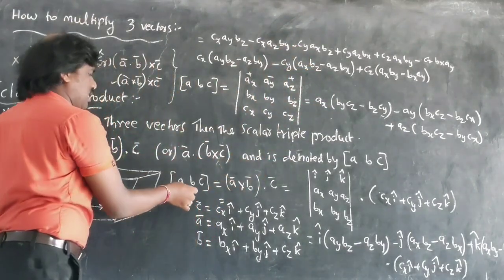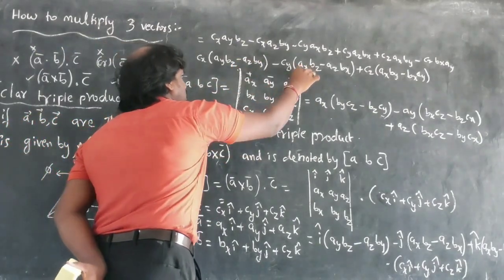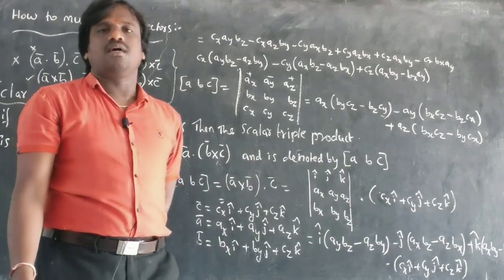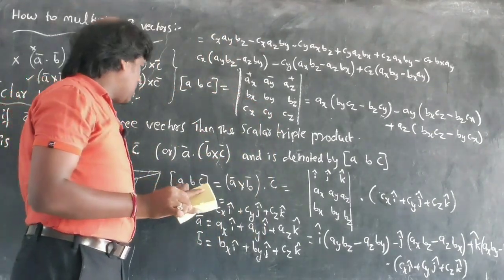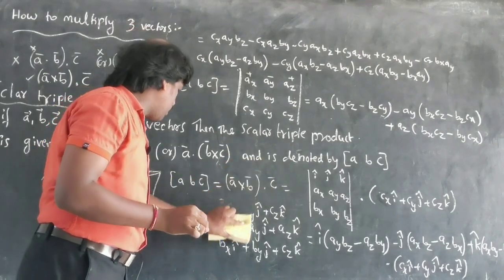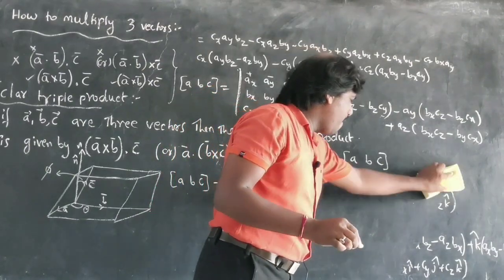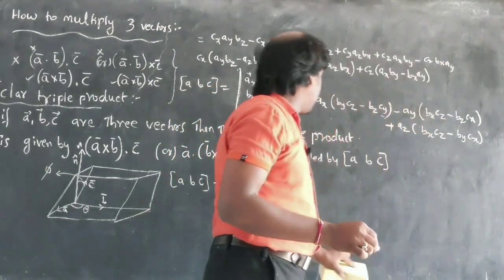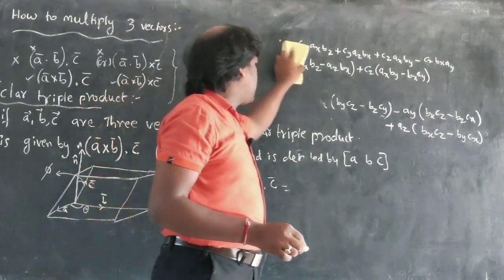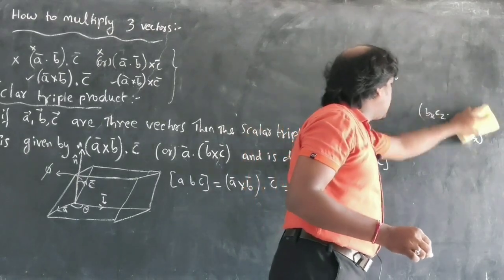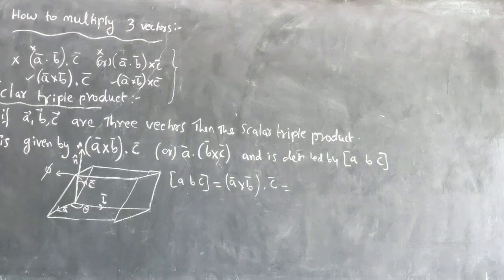So simply box ABC is nothing but the determinant of the matrix. Determinant of the matrix is nothing but that one. Okay, this is the Cartesian approach. Let us discuss this one geometrically once. Let us discuss geometrically what is A cross B. It's a Cartesian, what I have interpreted right now, that is the Cartesian interpretation of the vector scalar triple product.